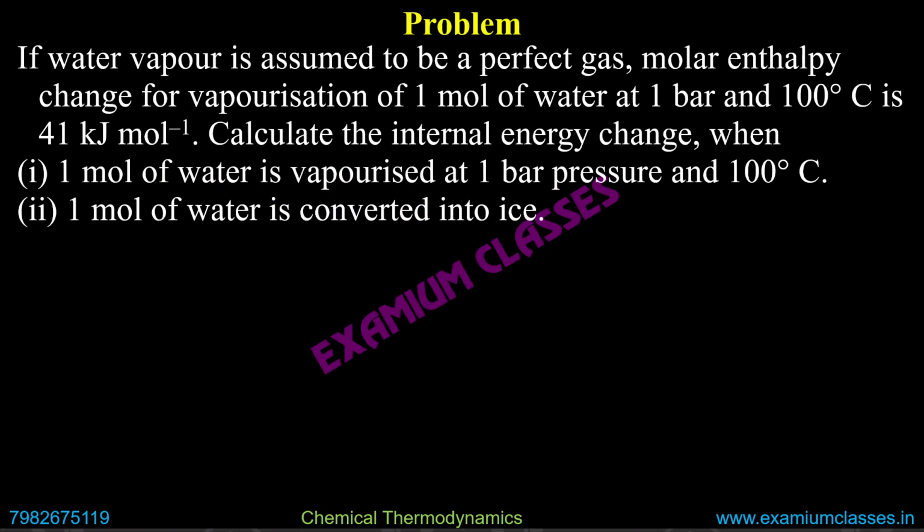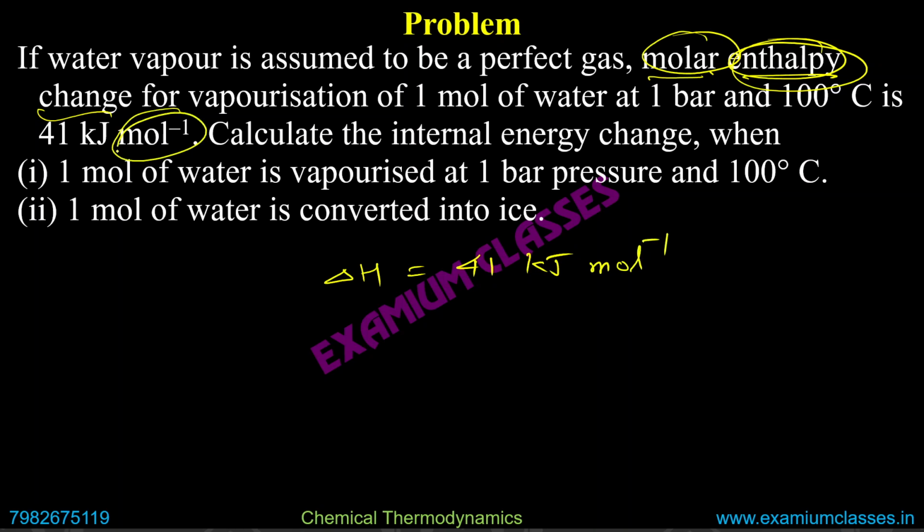Now the question: if water vapor is assumed to be a perfect gas, meaning ideal gas, the molar enthalpy change for vaporization of 1 mole of water at 1 bar and 100 degrees Celsius is 41 kilojoule per mole. What is this molar enthalpy change? You know, enthalpy change is delta H. Molar enthalpy change is per mole. So if it is given as 41 kilojoule, and you see it is written as per mole here,